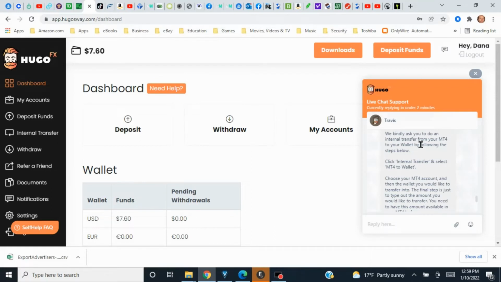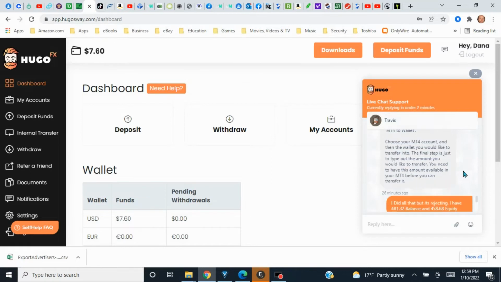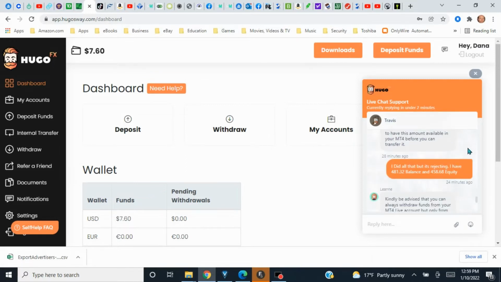Support kindly asks you to do your internal transfers from MT4, which is what I did. Internal transfer from MT4 to your wallet by the following steps: click internal transfer, select MT4 to wallet, choose MT4 account, and then wallet. You would look for the transfer into. Final step is put the amount you want and then go across. My problem is it's not doing it. It won't. It shuts me down. So I did